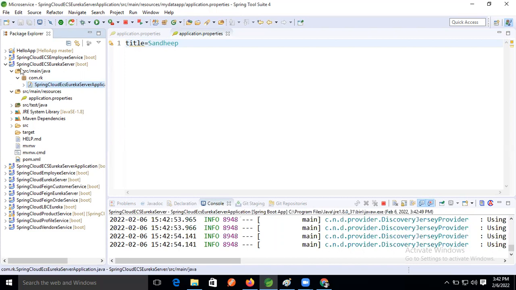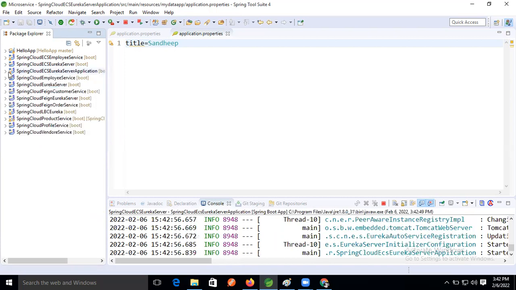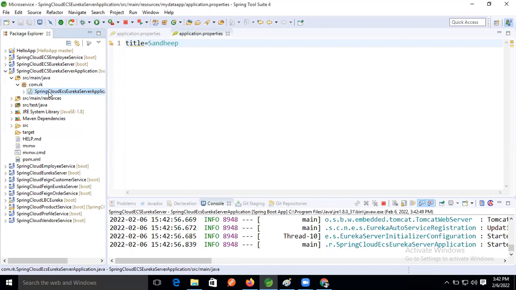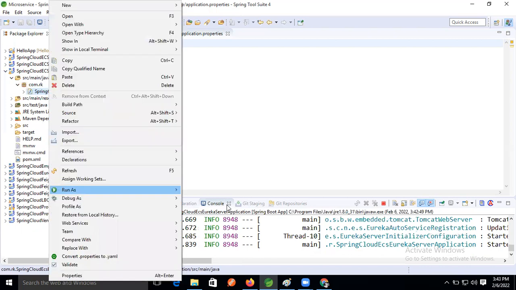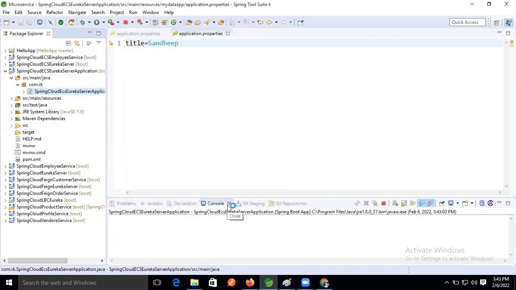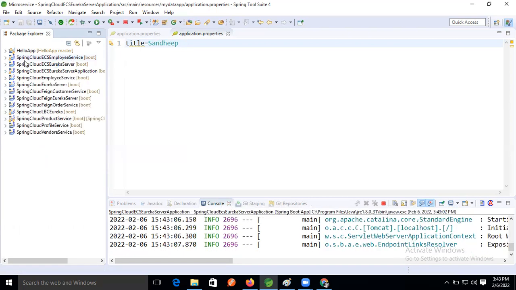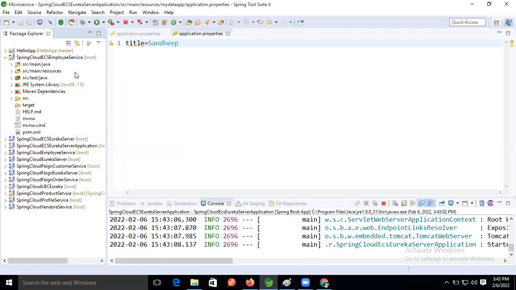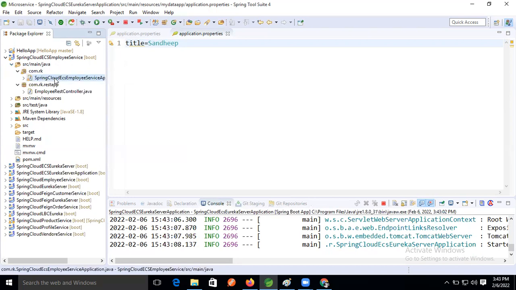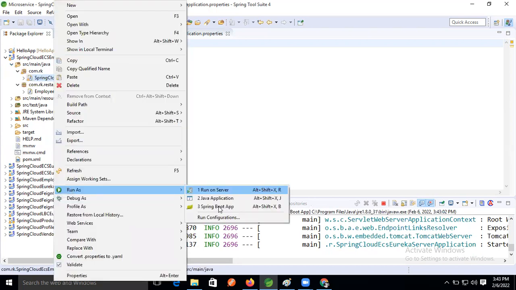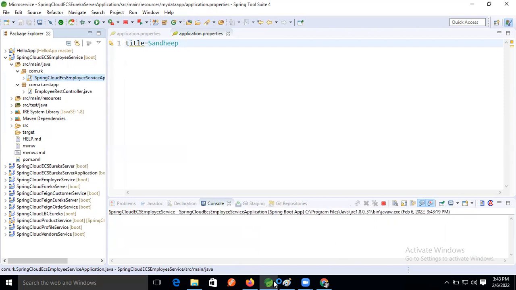Now run our Spring Cloud microservices. Every application is running now.